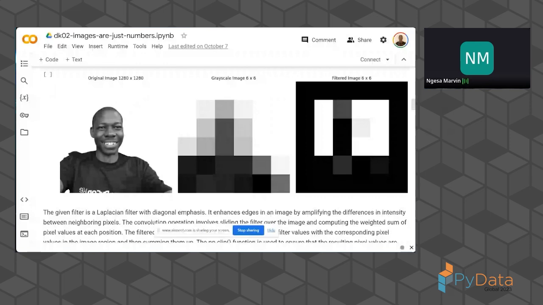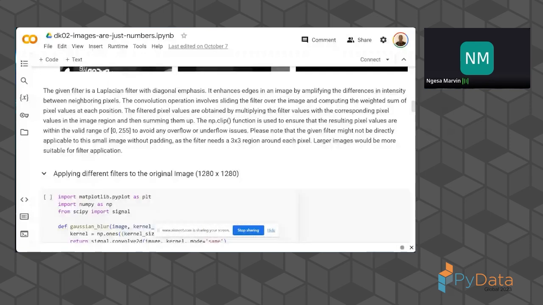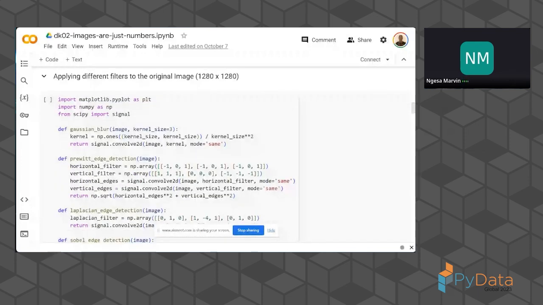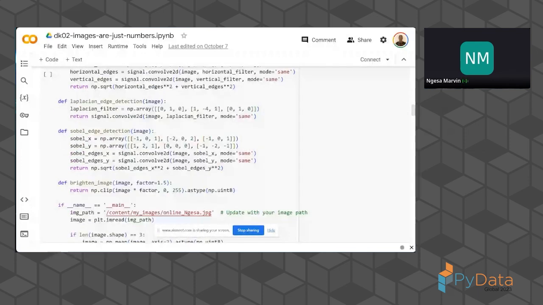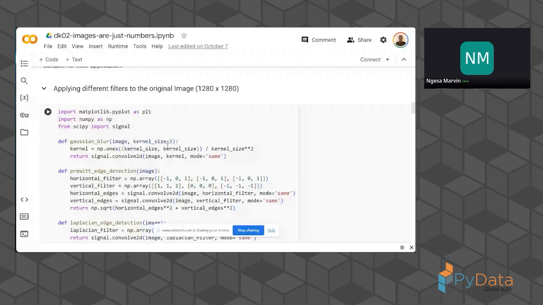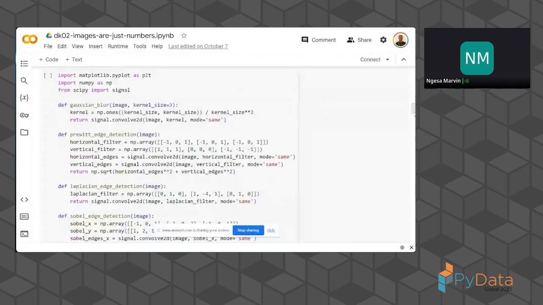If I go down here, you can see that I could define a range of filters. I could define a Gaussian blur to blur my photos. I could define an edge detection, meaning I could highlight just the edges in my photos, or do something that can help me detect the edges from my photo,